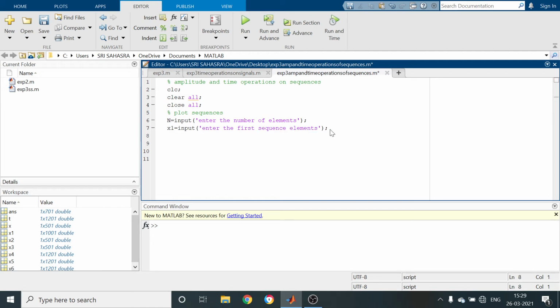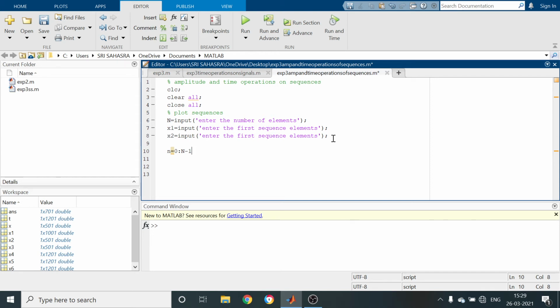Similarly, in order to perform amplitude operations, we have to get two sequences, x1 and next x2. Again use the command input. What does this instruction indicate? It runs from the 0th element to n minus 1.